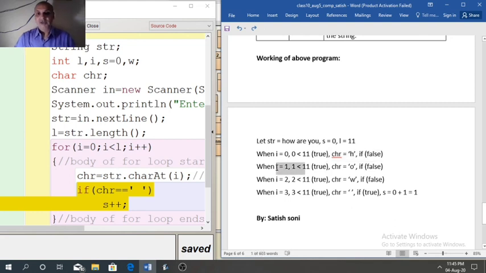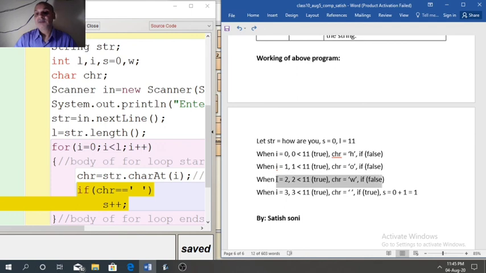When i is 1, 1 is less than 11, that is true. This time chr stores the second character, which is present at 1 index, that is small o. Here also space is not found, so s will not update. When i equal to 2, chr will store small w, that is the third character.